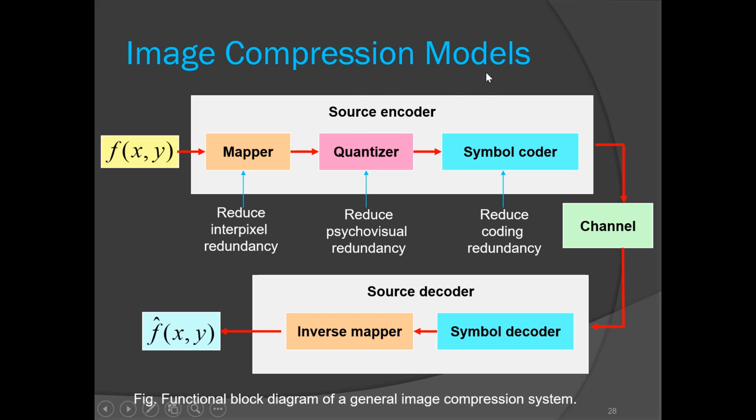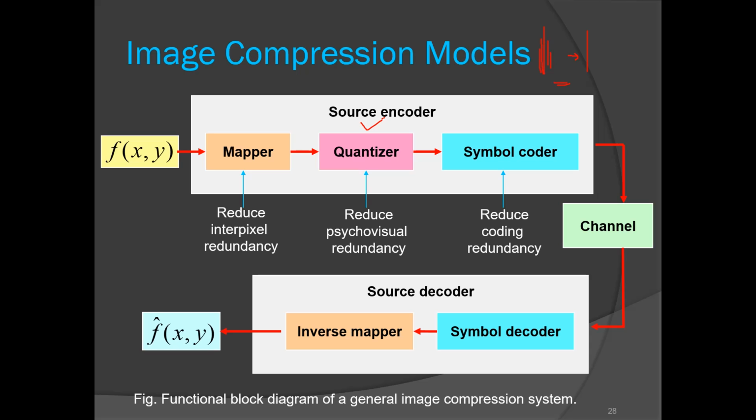The second module is known as a quantizer, and it is designed to reduce the psychovisual redundancy. In this stage, the process performed is known as quantization. In the first unit, we have seen the concept called sampling and quantization. The same task is performed here. So here, in order to reduce the psychovisual redundancy, a wide range of intensity values is mapped to a single intensity value. That's why there is a loss of information here,